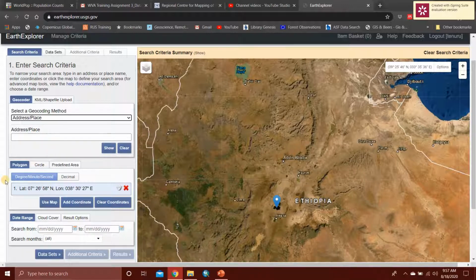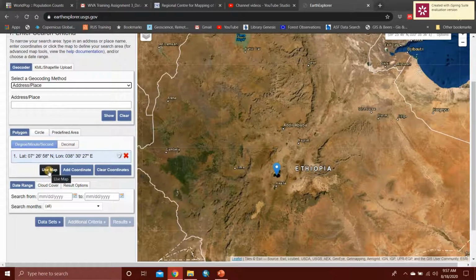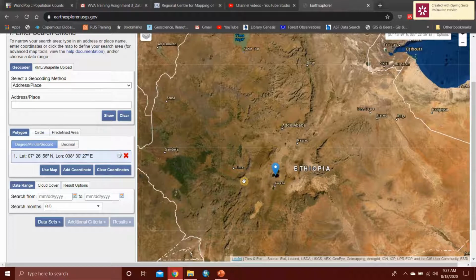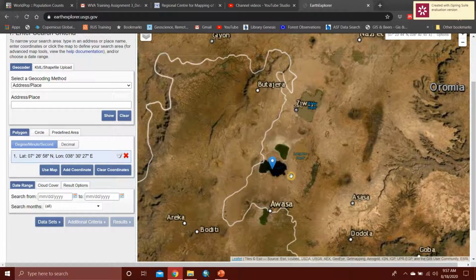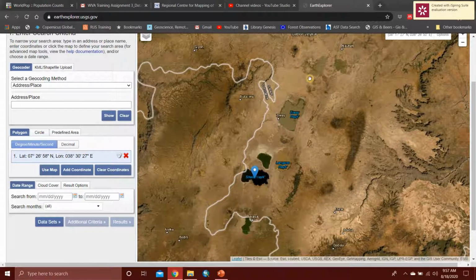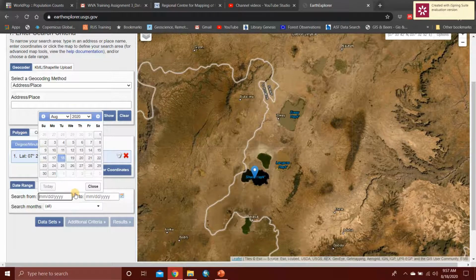Then I'll select the use map for selecting the area of interest, and we'll work with one of the hotspot wetlands of Ethiopia. In these hotspots, later we specify the date range. In the date range, we'll pick the 2020 images, starting from the month of January